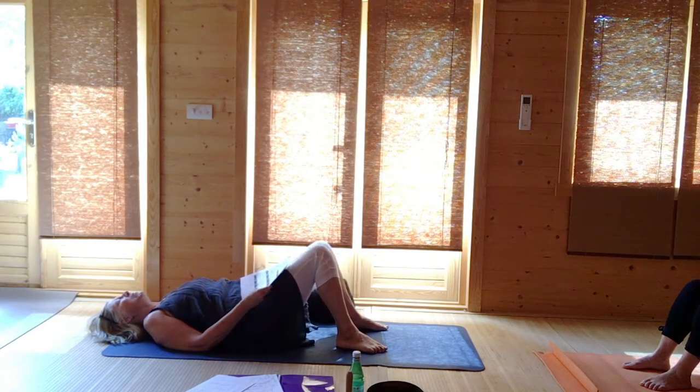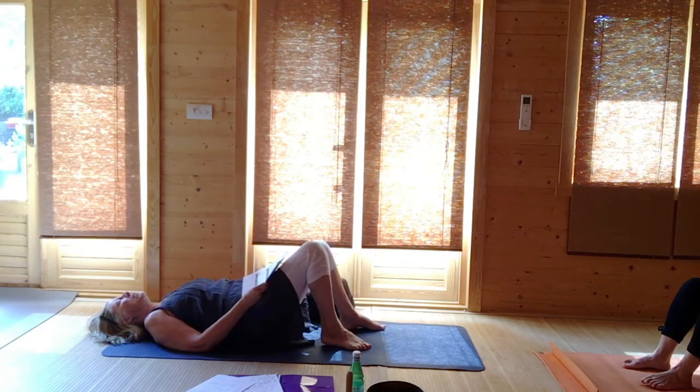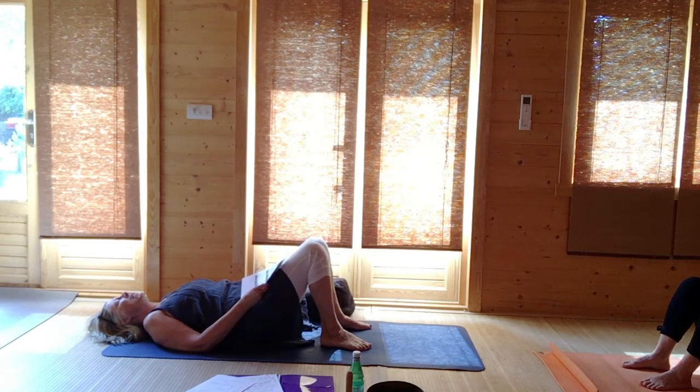Knees are still up to the ceiling, feet are still hip width apart, but feel free to adjust at any point. And now we're going to come to a spinal undulation, like a pelvic tilt, flattening the back along the ground and releasing so that the tailbone aims to the ground and there's a little gap under your lower back. Flattening your bottom to the ground